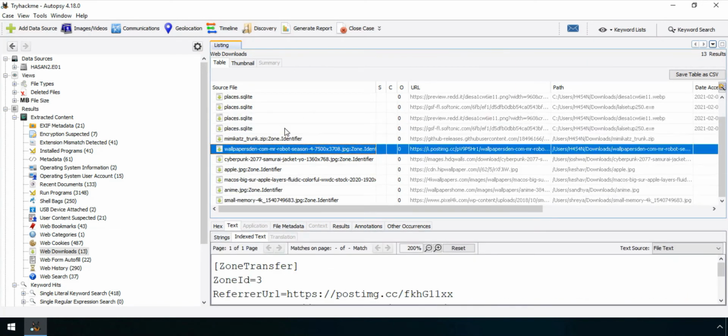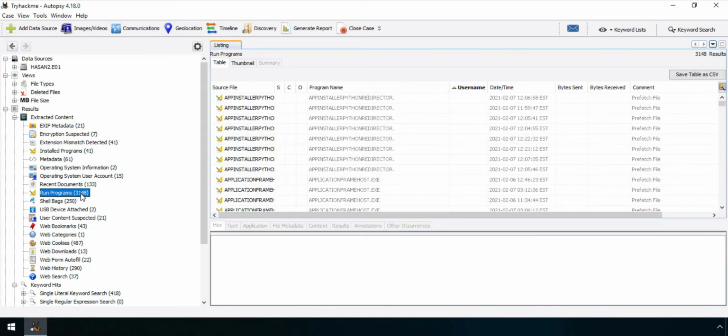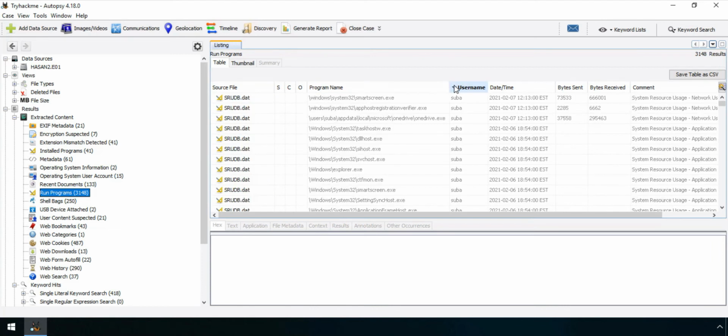Most of them are JPG files, or pictures. So let's see in the programs what are the programs installed on the computer. As you can see, we have a whole bunch of programs which were available on the computer. Before searching the whole list, we should look at the number of programs.